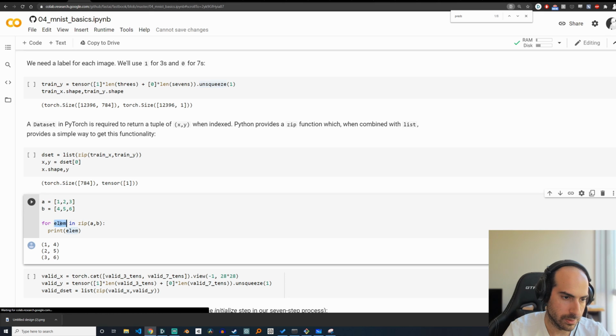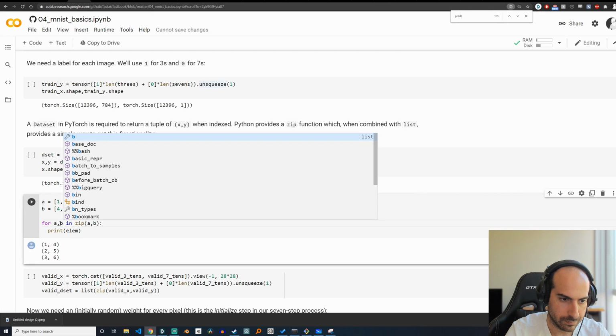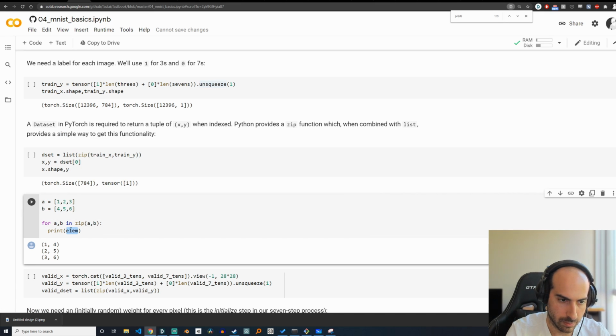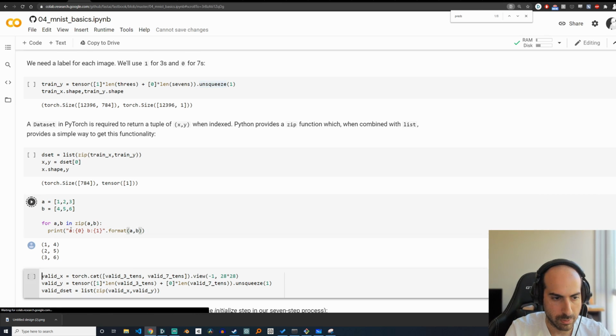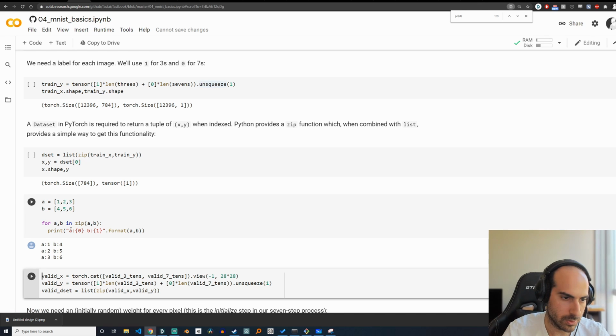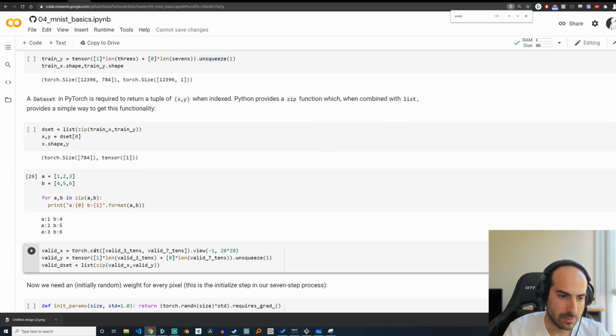You can also print elements a and b using format. It's a nice way if you're hooking up labels to a dataset; you'll use zip a lot. So here they're concatenating